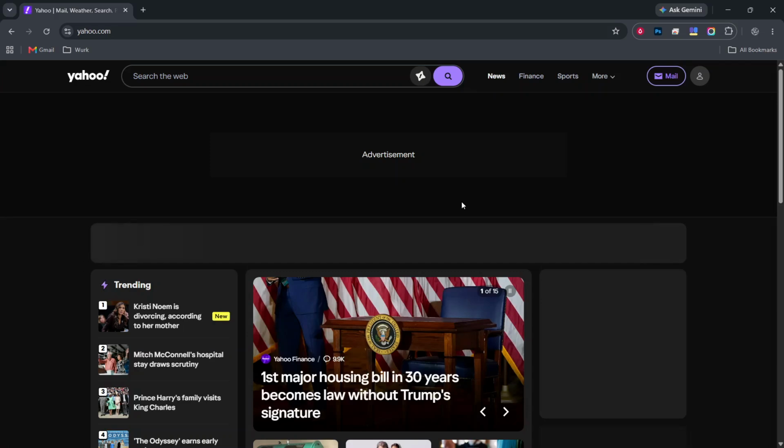This gives you a sense of assurance that the action is being processed. After that, you will be returned to the Yahoo sign-in page. This page confirms that you have successfully logged out of your account. At this point, you can see the login fields where you can enter your credentials if you wish to log back in. This step is essential because it assures you that your session has ended and no one else can access your emails without credentials.